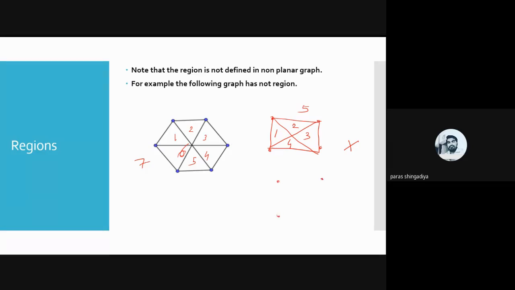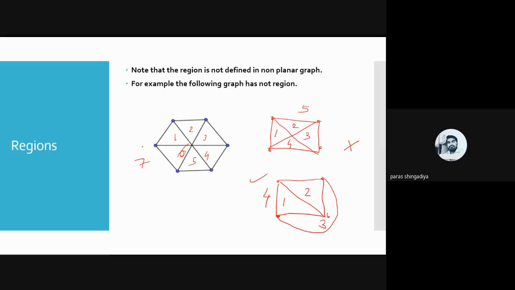As we know, we can easily embed K4 in the plane. First you have to create a planar graph of K4, and then you can mention the regions. So I remove this edge which crosses inside, and I draw it outside. Now it is in planar form, and now check how many connected areas. So it is 1, let us say 2, 3, and 1 is for the outside. So now it is correct.